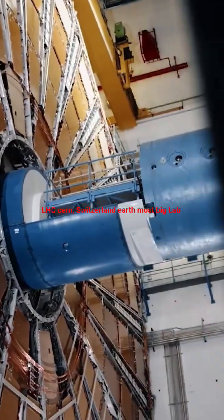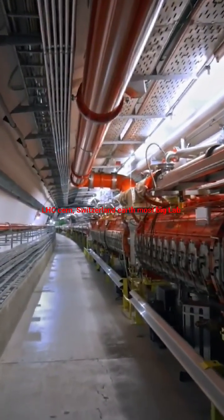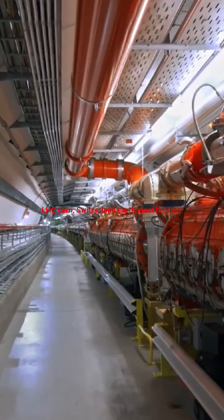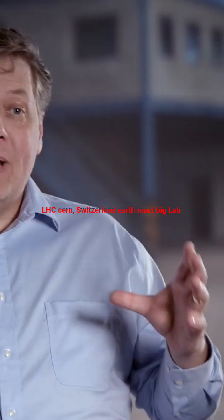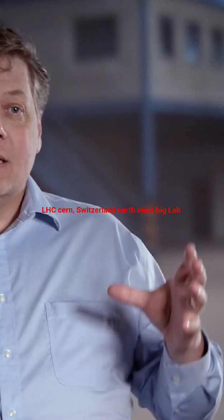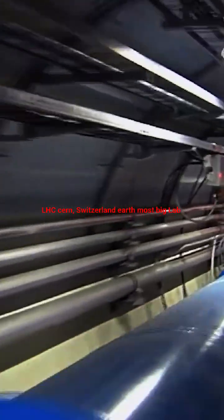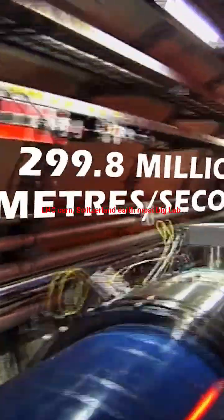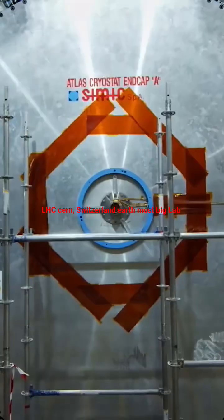The reason the Large Hadron Collider is so large is because it has one task: to destroy the smallest particles possible so we can better understand how they work. The LHC is a really big particle accelerator. Basically, it's a bunch of magnets strung together that accelerate subatomic particles to near light speed, so we can literally smash them together and see what they break up into, so that we understand what the fundamental building blocks of